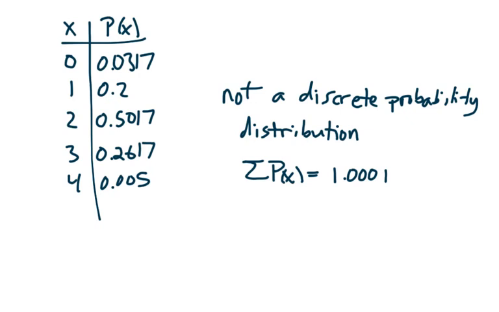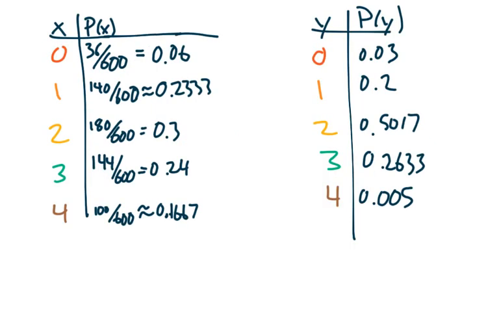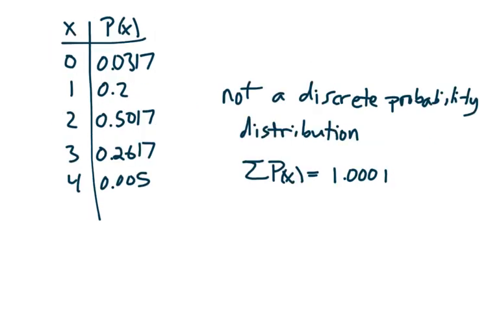In case you were wondering, it does look like the previous example, but not exactly the same, because I tried to do it when the numbers were slightly different, and rounding made it not add up. This is just a rounding error, and generally we'll kind of overlook this stuff.